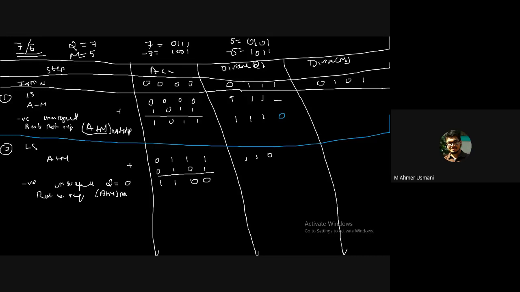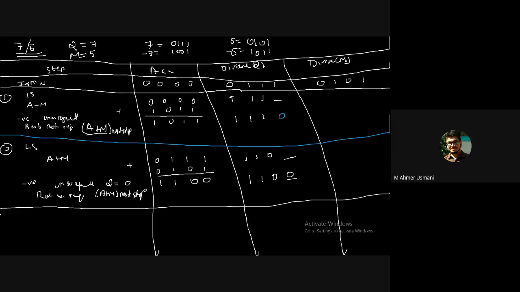Is that clear? So what will come over here? So we'll get 1, 1, 0, and this vacant place will get 0 also. Is that clear? Step number 3, perform the left shift. So what we'll do? This 0 will come over here, this 0 will come over here, this 1 will come over, this 1 will go over here. Then we have 0, 0, 1, and 1 will be left out.